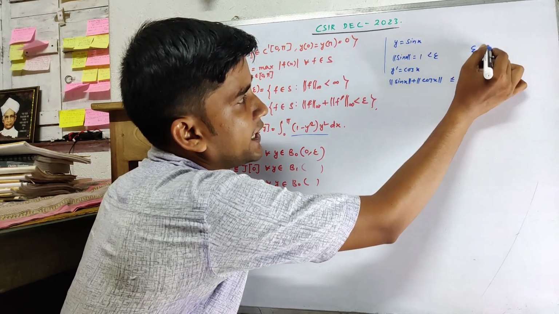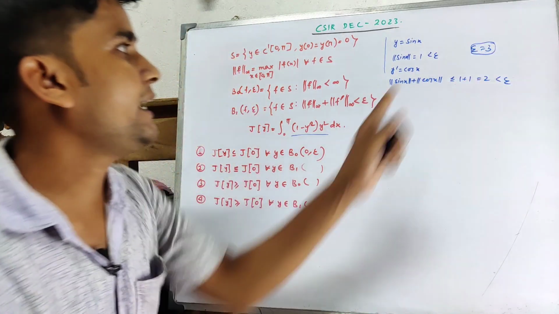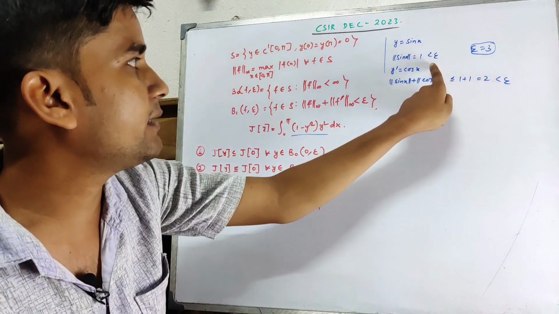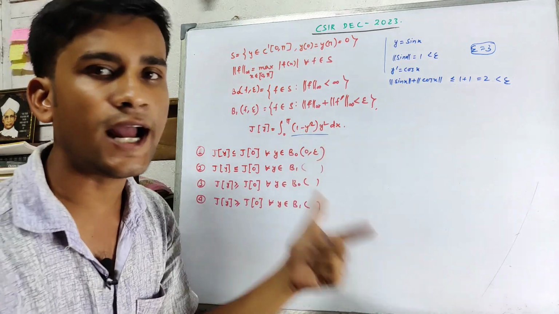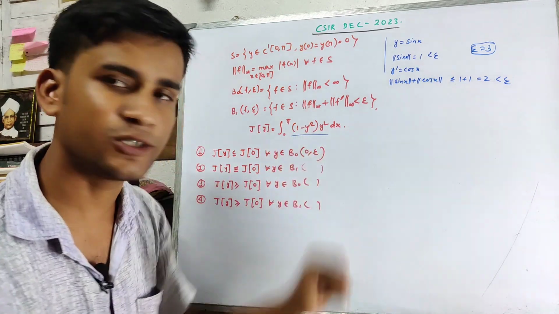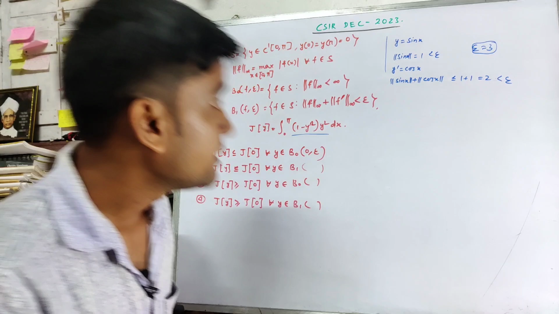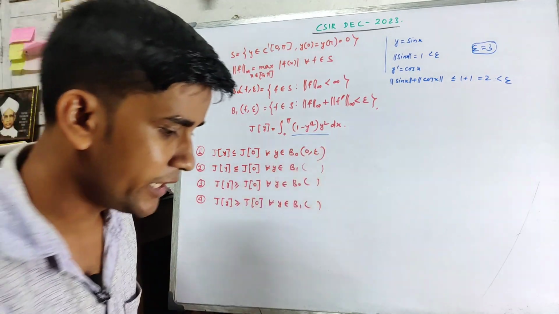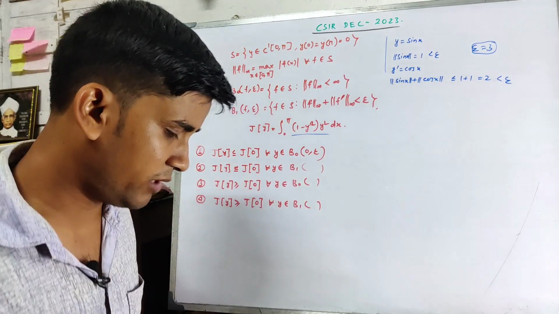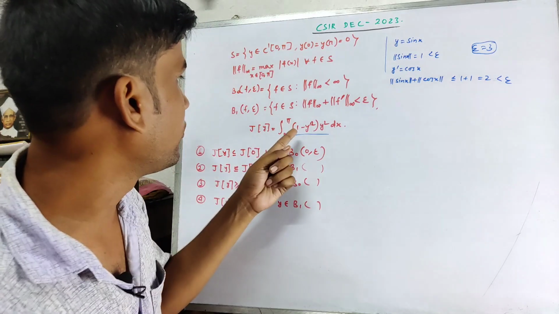If we choose epsilon, the minimum value is 3. Then if we choose epsilon equal to 3, both these two conditions are satisfied and our half work is done for this problem. Okay, so now, if we solve this problem